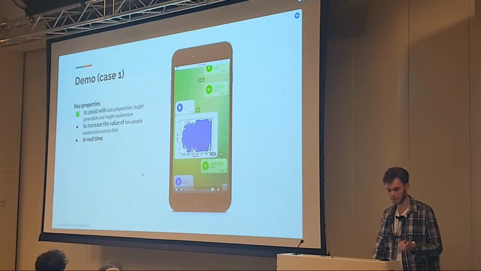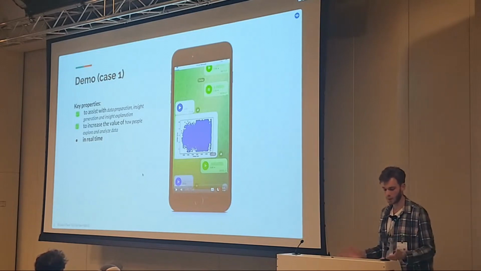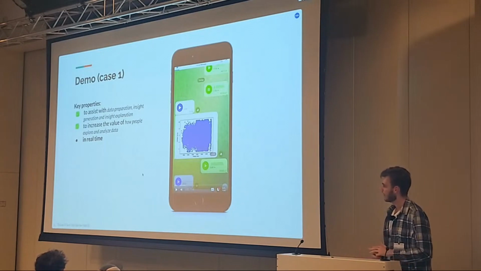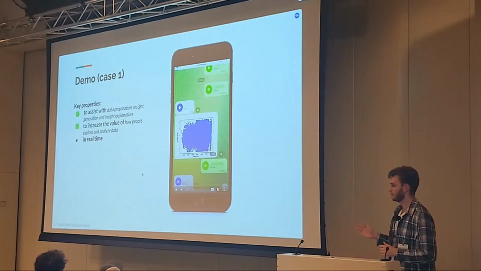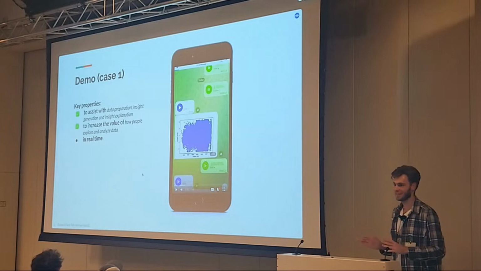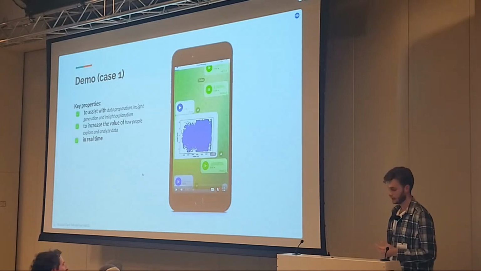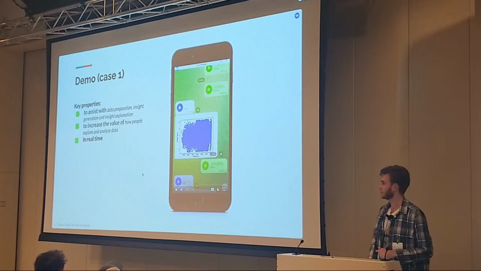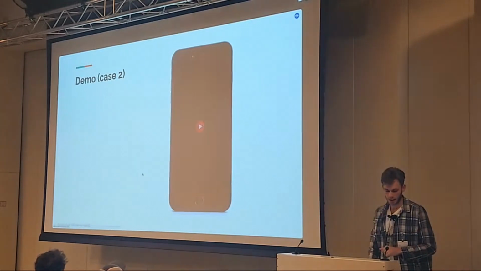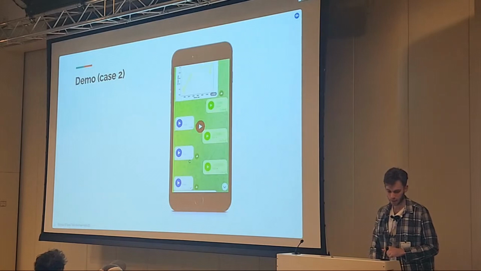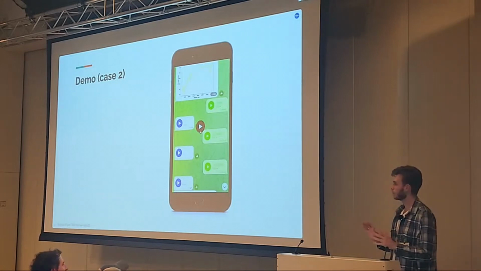So the first one is we are assisting with data preparation. We are increasing the value of how people explore and analyze data. I hope we can say that we increase the value. I don't know, do you agree or not? And we do it almost in real time. So I think we fulfilled all the requirements here. So it's good. And I have just one final demo where I try to create something a bit more complicated,